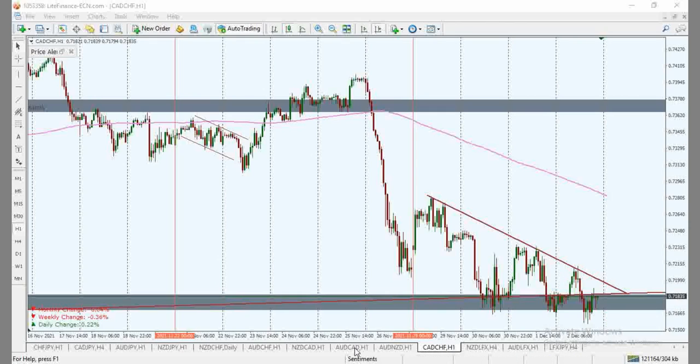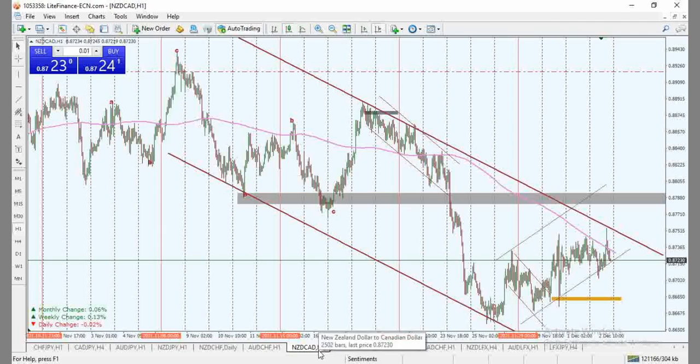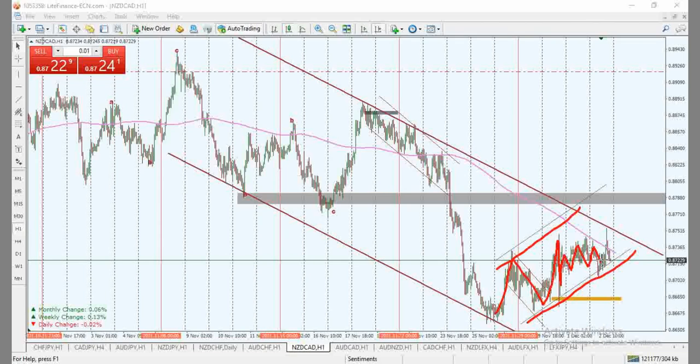All right, so we wrap that up with NZD CAD. I spoke about this before on my channel, that what is happening here is a correction. I expect this to be a correction of the impulse, which could have been complete, which I spoke about today. In one of my presentations this morning, when I was doing pre-market analysis for Thursday, I pointed out that this should not be traded.